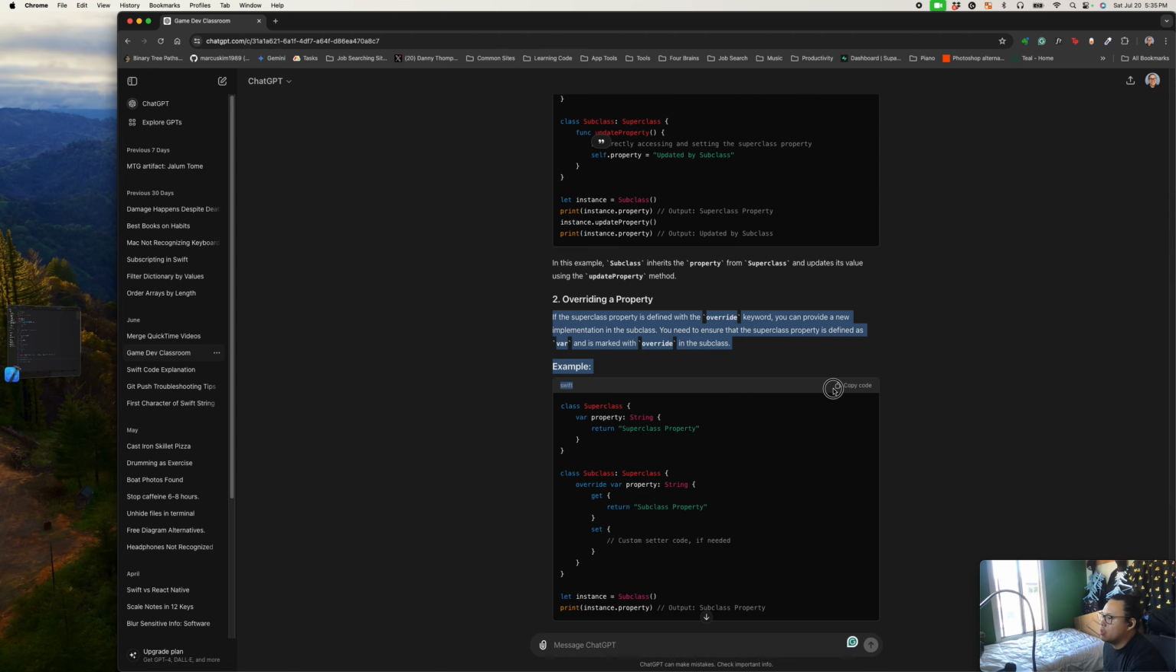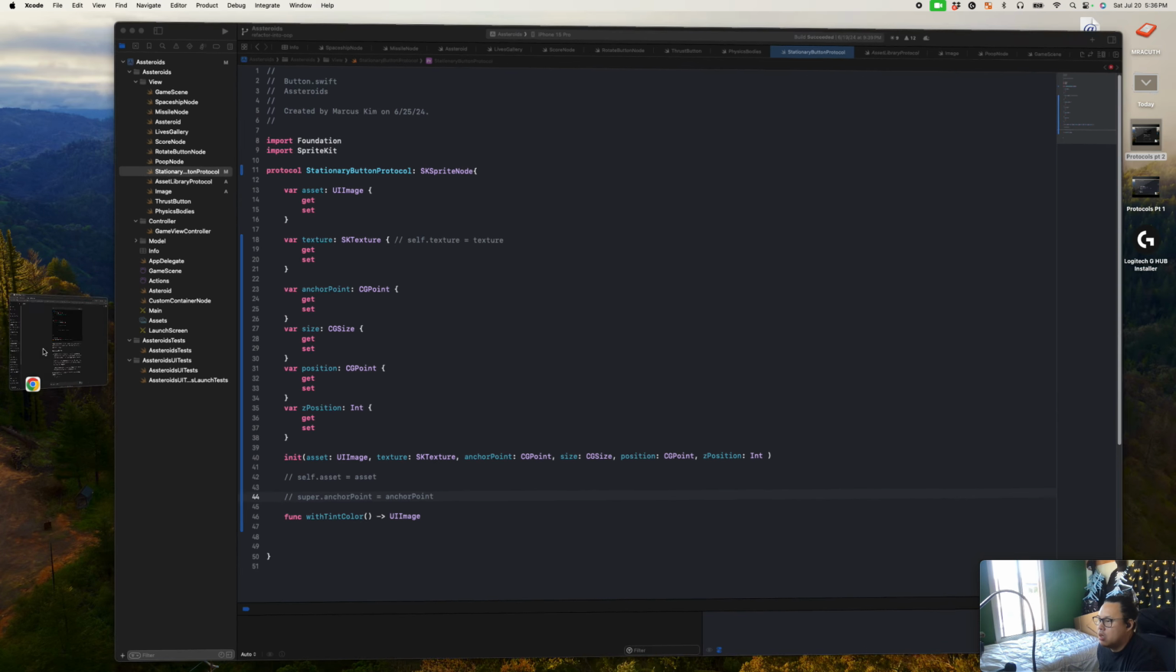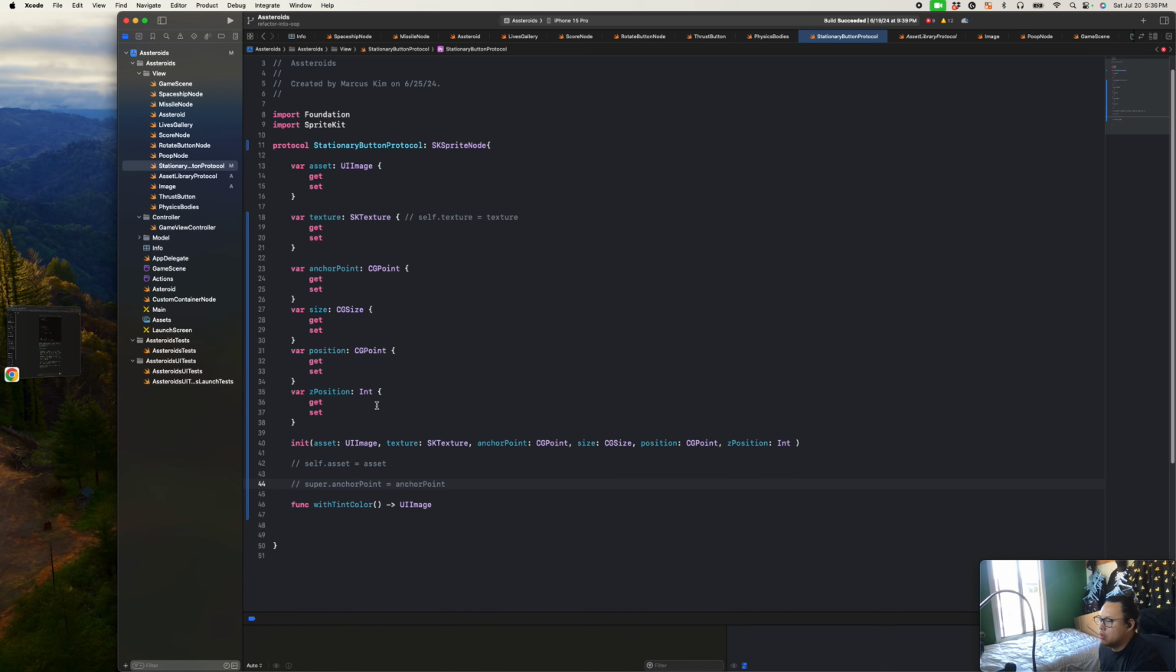Overriding a property. If the superclass property is defined with the override keyword, you can provide a new implementation in the subclass. You need to ensure that the superclass property is defined as var and marked with override within the subclass. Okay. So we'll just do it directly. So we can say,